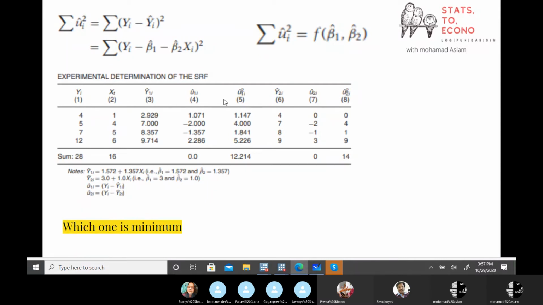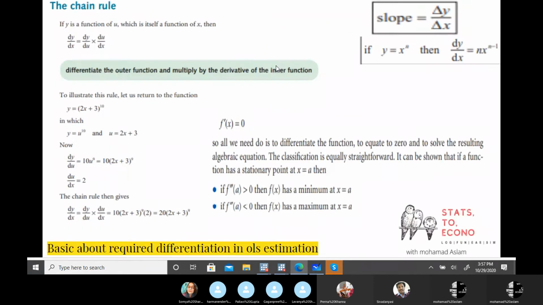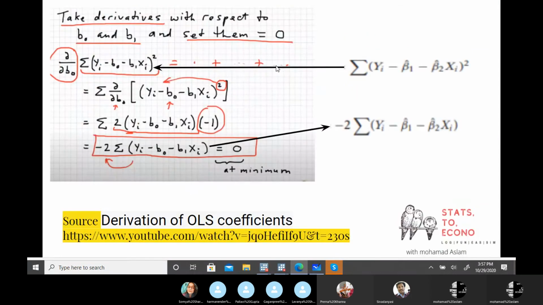So we are trying to estimate this beta 1 hat and beta 2 hat in such a manner that minimizes this particular value. And for minimizing, we use differentiation: we take its differentiation with respect to beta hat and put it into the first order necessary minima condition, that is, first order derivative equal to 0, and that way we have estimated.